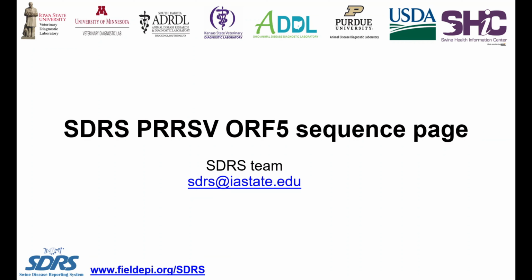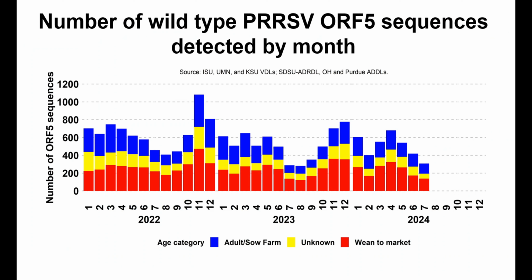My name is Guilherme César, and today we're going to talk about the PRRSV ORF sequence page from the SDRS report. When you open the report on page 3, on your left-hand side, the first chart that you're going to see is the number of wild-type PRRSV ORF sequences detected by month. In this chart, you can see the monthly count of ORF sequences that are coming from the 6 participant VDLs